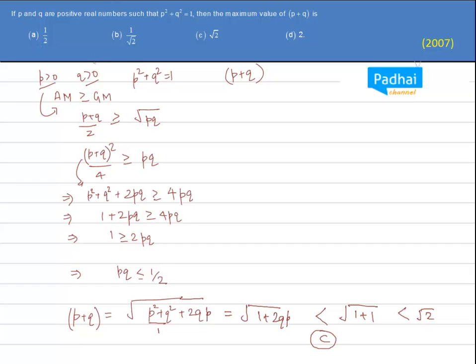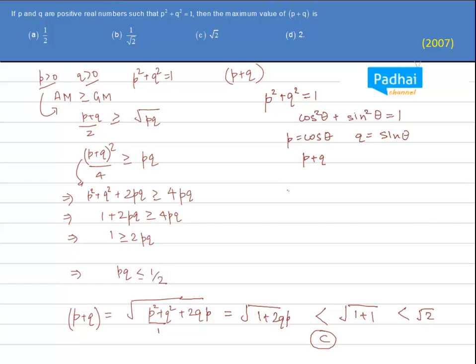The other thing that we can also think of is using trigonometry. Why we thought of this, I'll tell you why. This is basically P square plus Q square equal to 1. This is a perfect example of cos square theta plus sin square theta equal to 1. We know that this is a property. So if I put P equal to cos theta and Q equal to sin theta, and ask what is the maximum and minimum value of P plus Q,